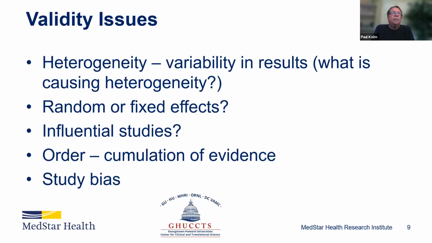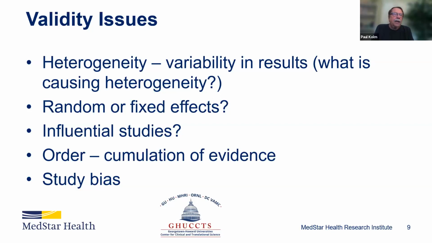So there are a number of validity issues related to meta-analysis. One primarily being heterogeneity. In other words, variability in the results between studies. And then we've talked about random or fixed effects, that in doing a meta-analysis, you should always consider the studies as random effects. But in the studies that you have included in your meta-analysis, is there a study or maybe a couple studies that are really influential, that are, say, different from the other studies, and that they are affecting